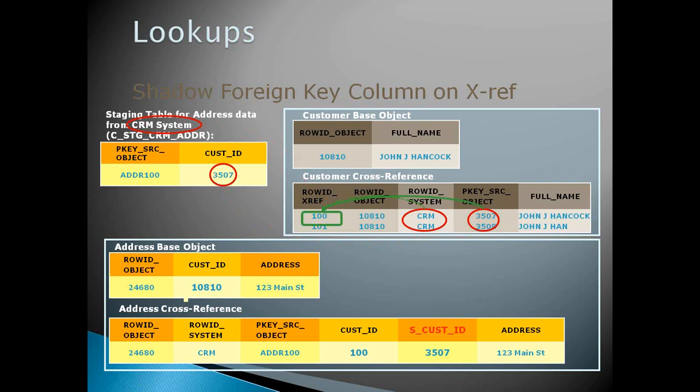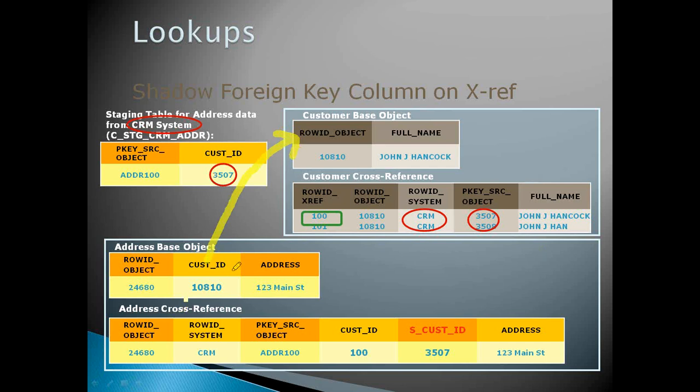So now, based on this combination, it will copy some data to the child tables. In my child table, this is my address base object. I have this customer ID column. Customer row ID is mapped to the row ID object of the parent table. This is the relationship.